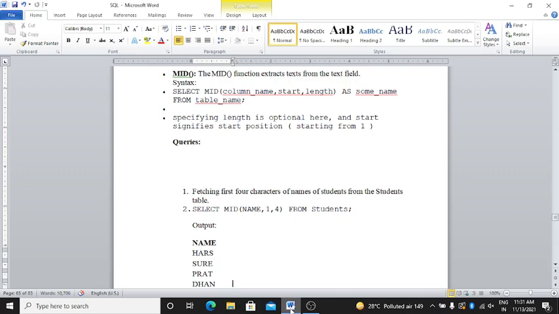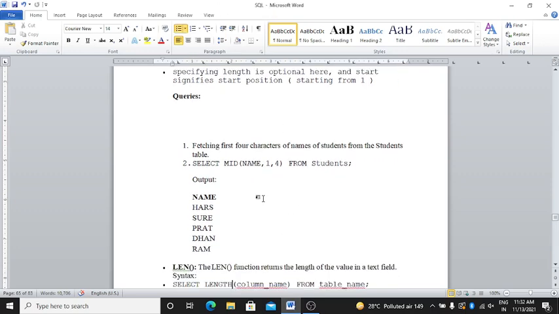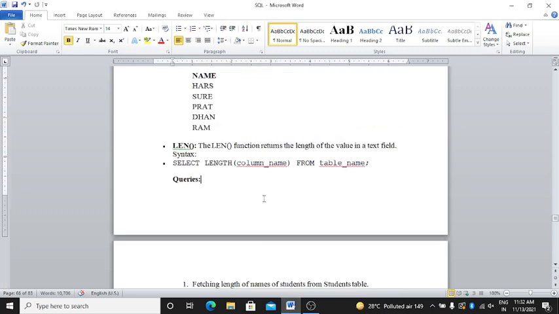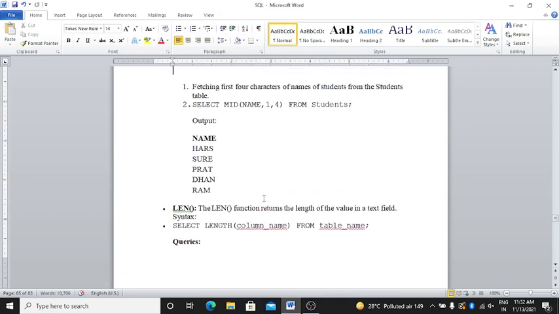Syntax: mid column name, start, length is optional here. See here we are fetching the first four characters of the name of the students from the student table. Clear?